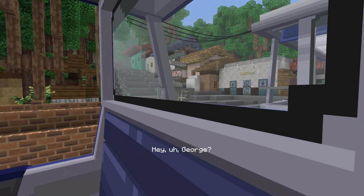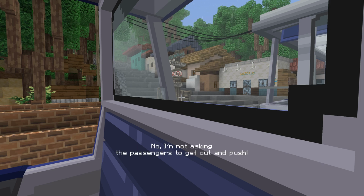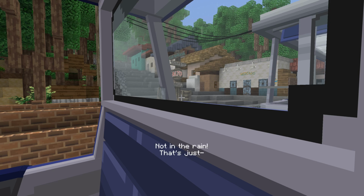Hey, George, why'd you stop the tram? You can get going again, right? No, I'm not asking the passengers to get out and push. Not in the rain. That's just...